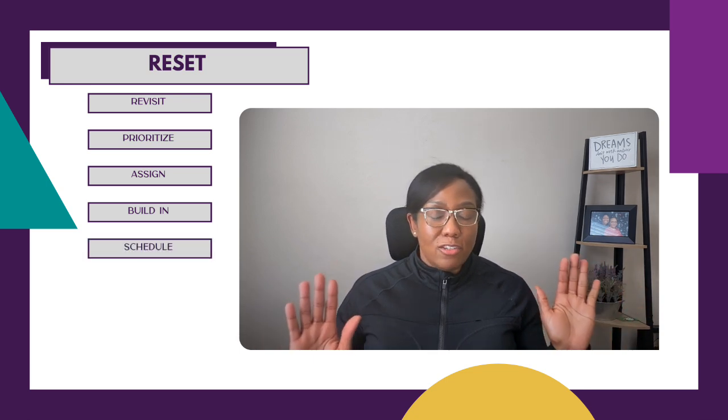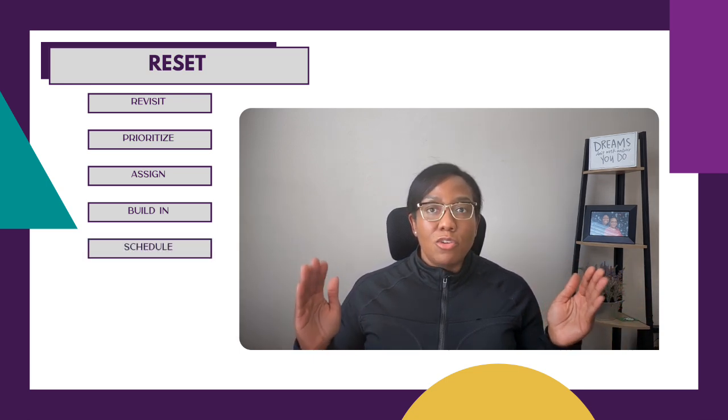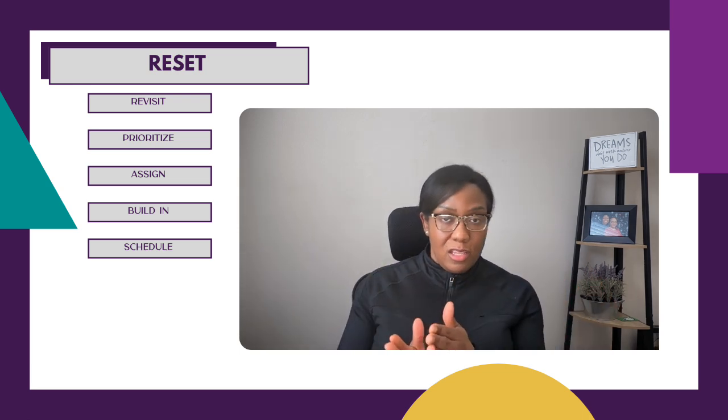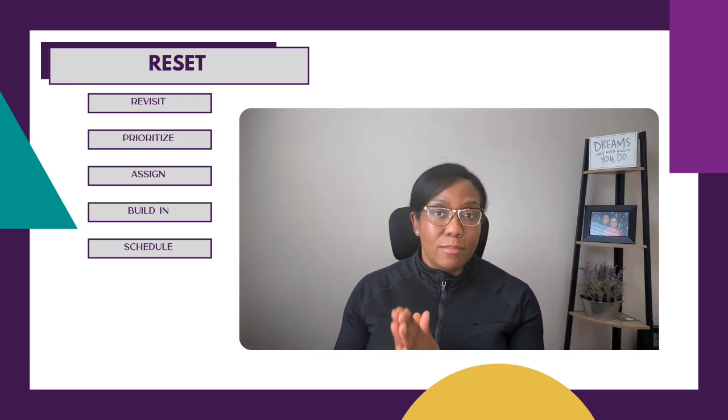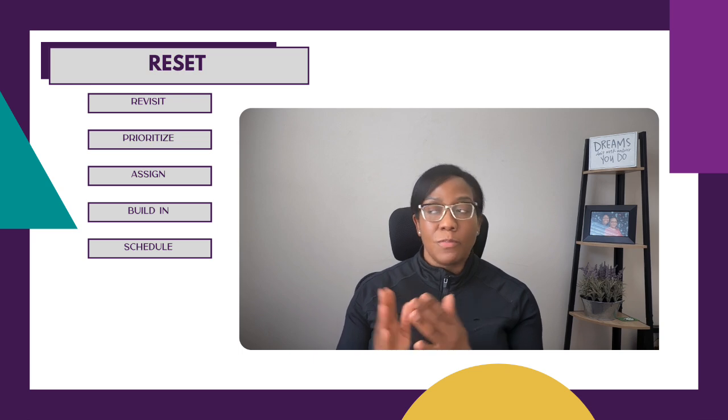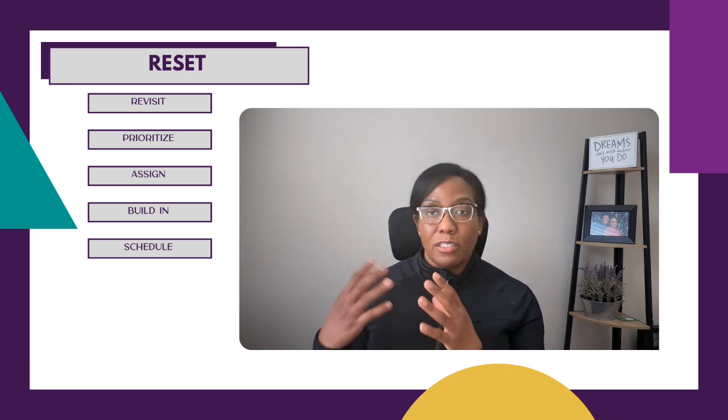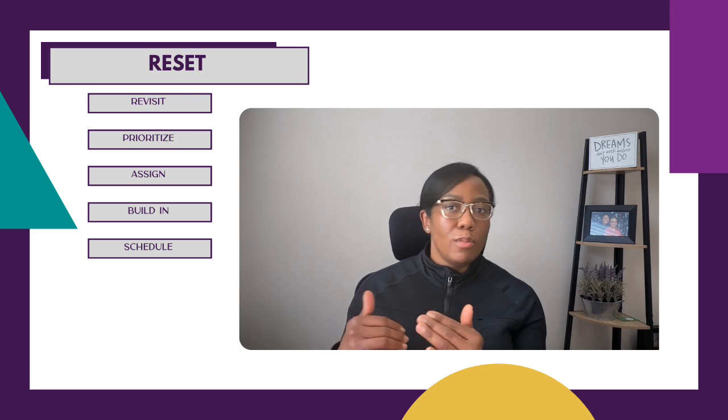And so that kind of goes into a little bonus thing of scheduling. So to the extent that you can, you should schedule time to focus specifically on action steps and items that align with accomplishing these goals. And so if one of your goals is working out and going to the gym, you should schedule that gym time in your calendar. If you have a contract or something that you need to review, schedule a block of time to review it. We need to start treating working time as appointments, because we tend to honor those things that are in our calendar as appointments,